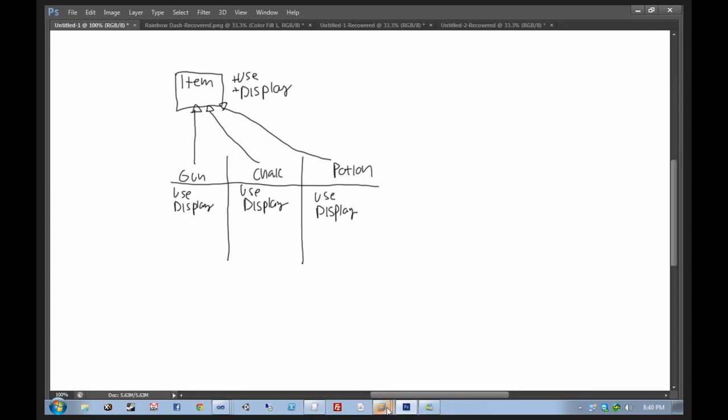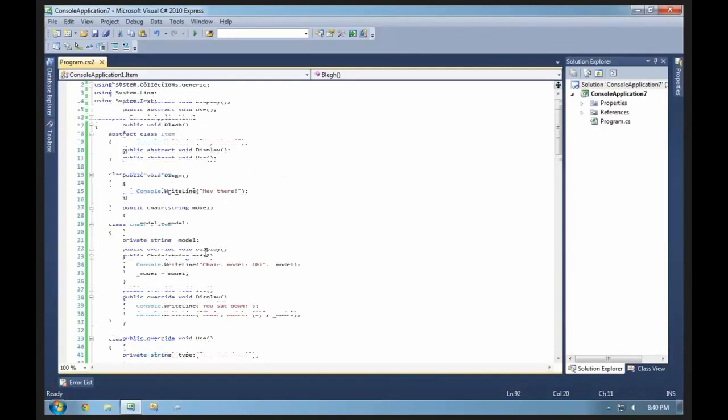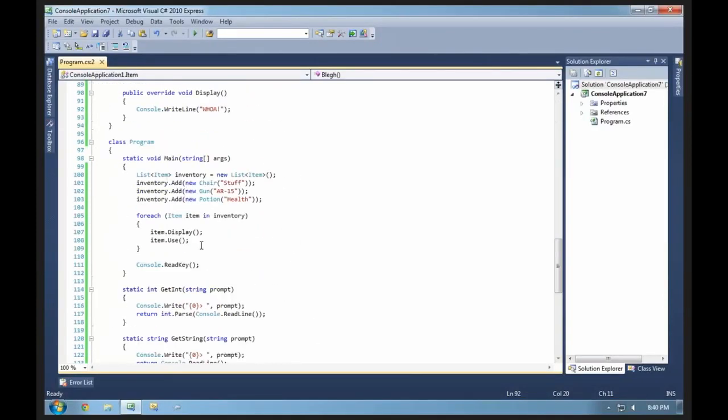So what happens at runtime is, Nato, do you understand why it's useful, at least for us to have line 100 here, where we have an inventory, and the actual stuff inside of the inventory isn't known ahead of time? It's just a generic list of items? Okay. Well, the way that this works